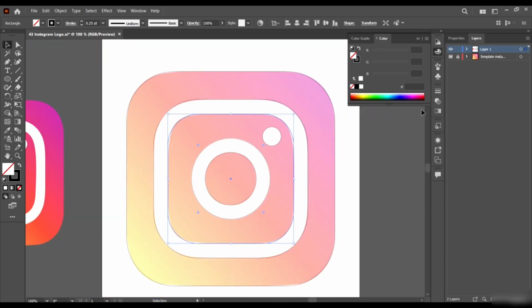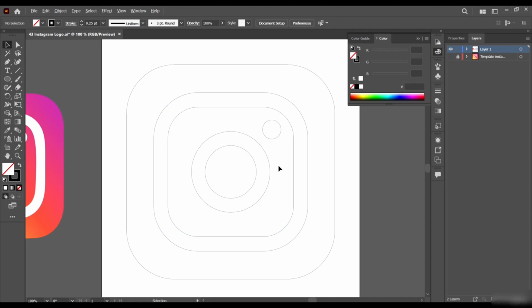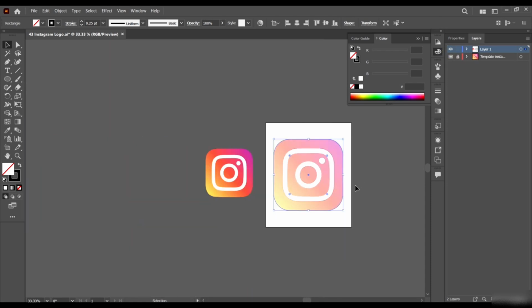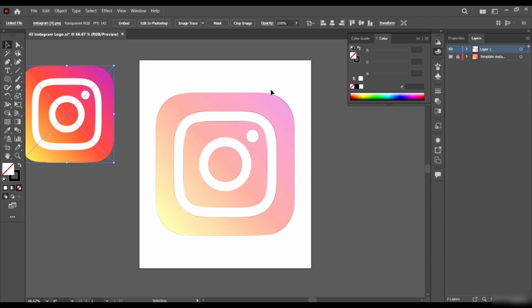And yeah, let's hide this layer to see what we have so far. And I like what we have. Maybe we can do more adjustments to this guy. No, let's just leave it the way it is here. We have it like this, and I like what we have.